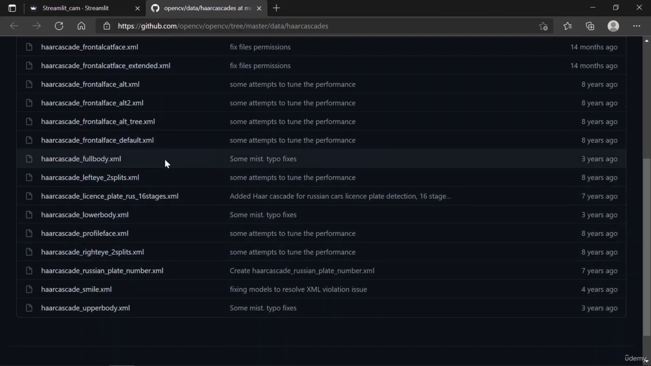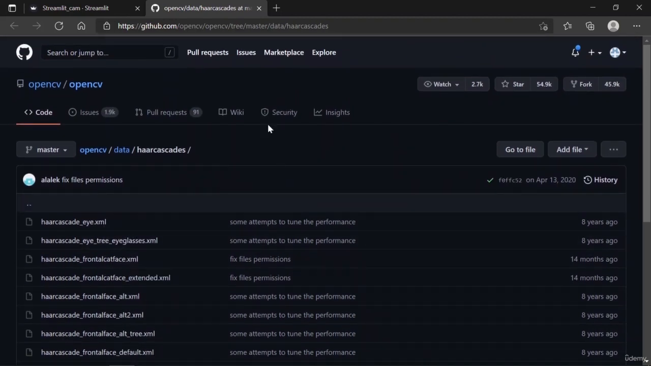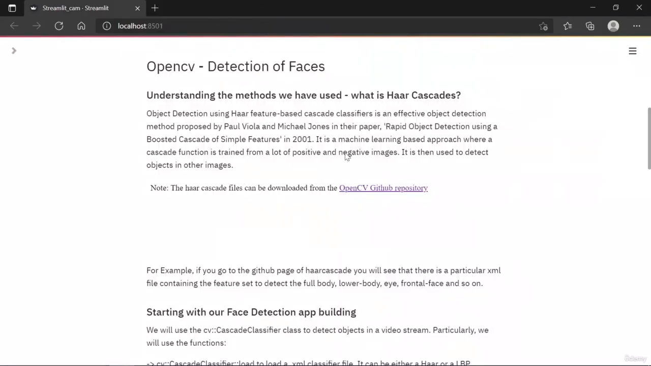So you can directly use these XML files to detect whatever they specify. If it's specifying a full body, then it means you would be able to detect a full body in an image. If there's a license plate, that means you would be able to identify a license plate in the image, and so on. You can use them in your other projects also. So moving forward,